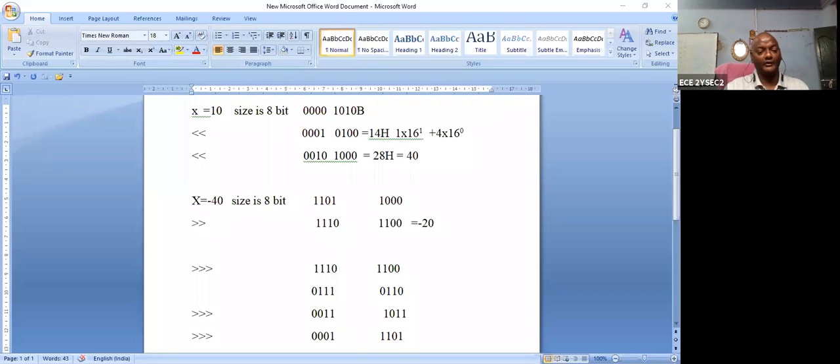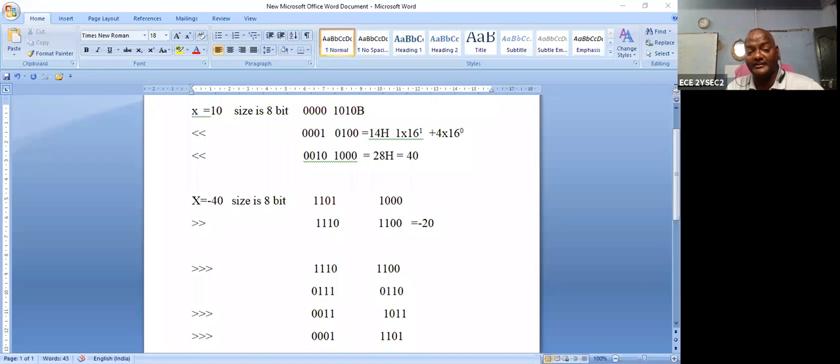Next, suppose, as already explained, 20 signed right shift of 2. So 20 divided by 2 square. 2 square stands for 4. 20 by 4 is equal to 5. So you are getting the answer 5. It is unsigned and positive, so 20 divided by 2 square is also 5.